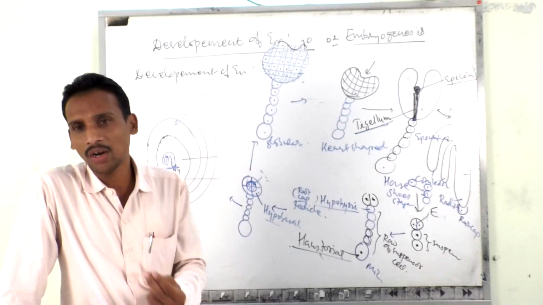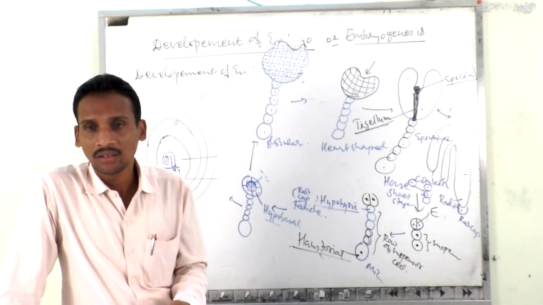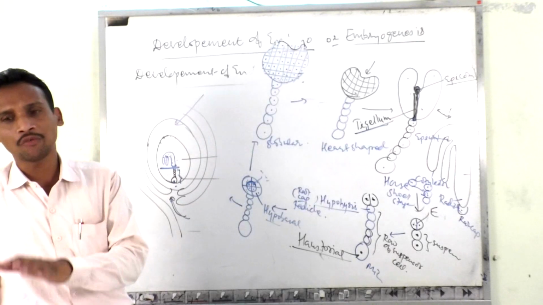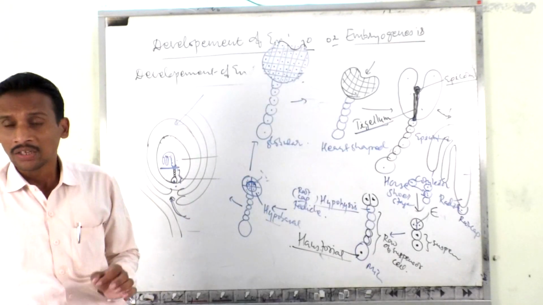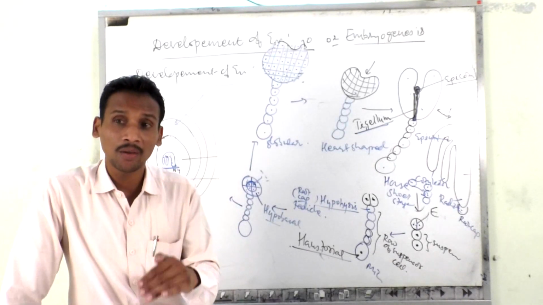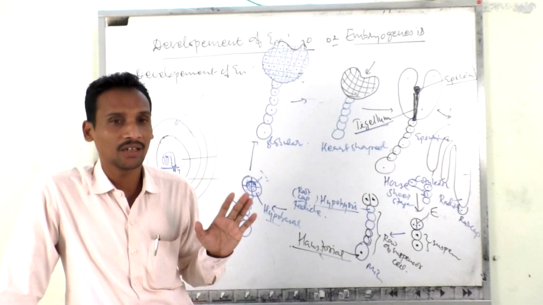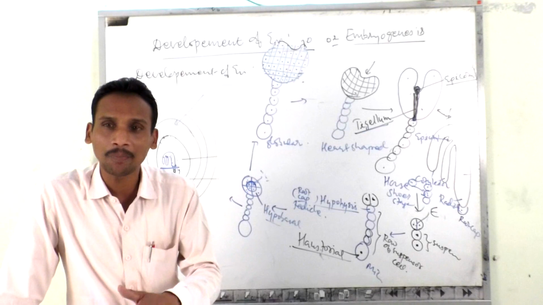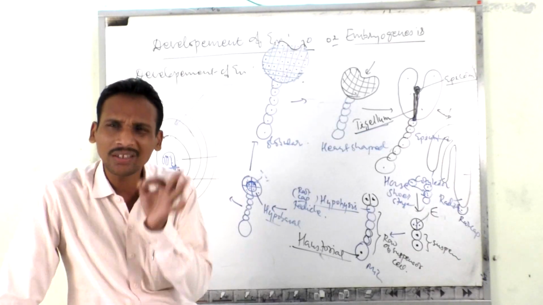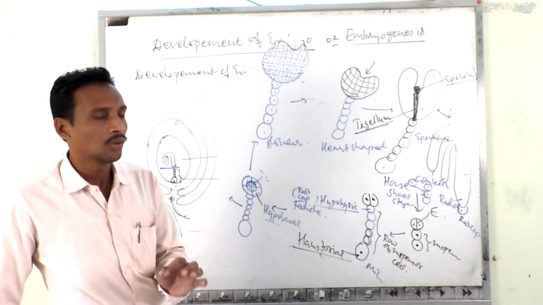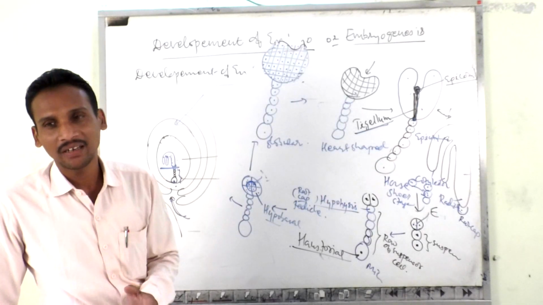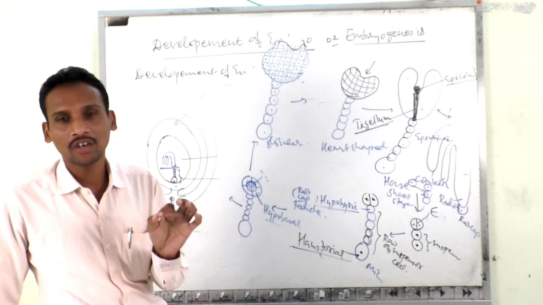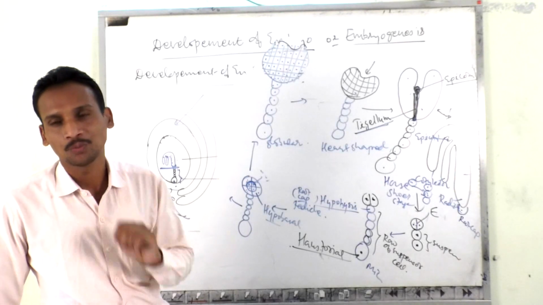In angiospermic plants, there are two different kinds of plants. One is the monocot and another is the dicot. कोई भी type रहने दीजिए, whether it is a monocot or a dicot, the initial stages of development of the embryo in both cases are similar. In both cases the initial development of embryonal stages is the same. The only difference is that in monocot the single cotyledon present is called the scutellum, and in dicot the cotyledon number is 2.